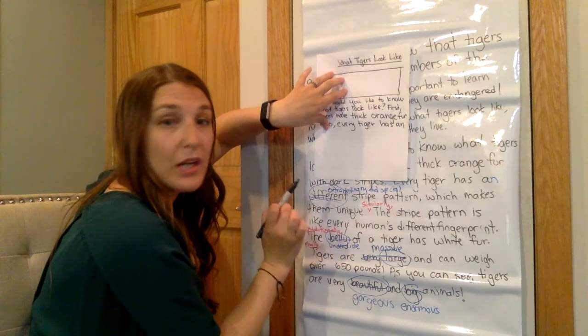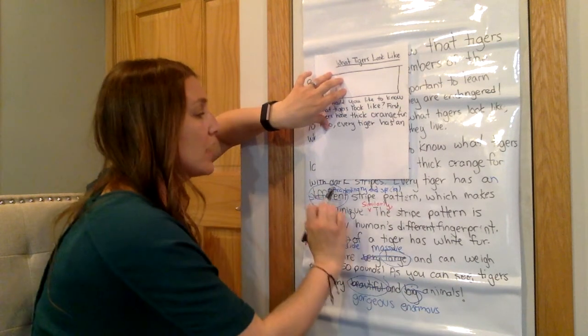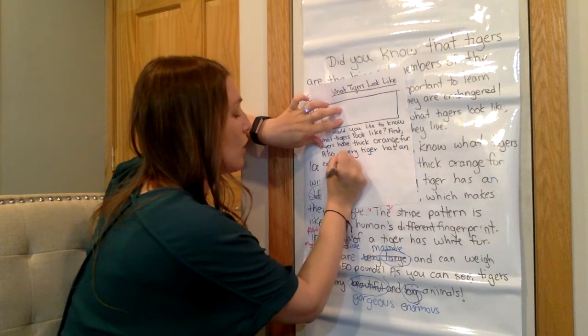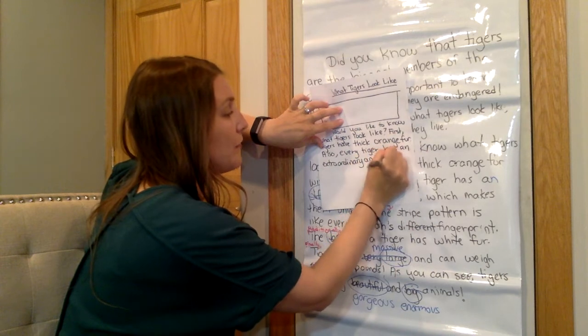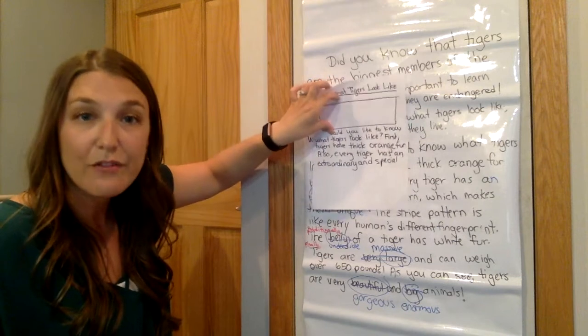I'm going to write what I did when I revised for more robust vocabulary. Extraordinary and special. And I'll keep going this way on my page until I've written down everything that I drafted